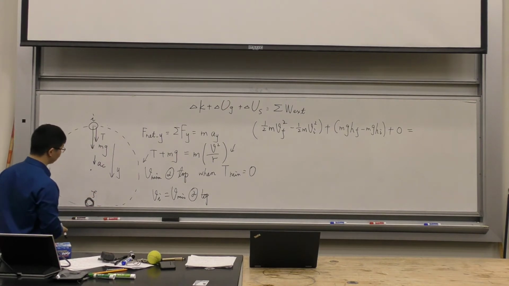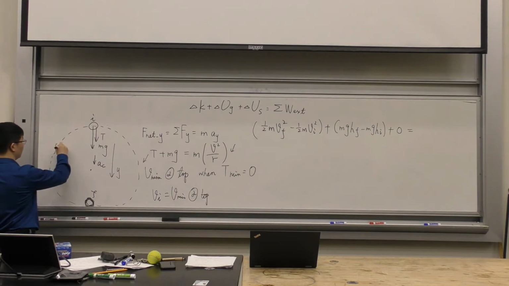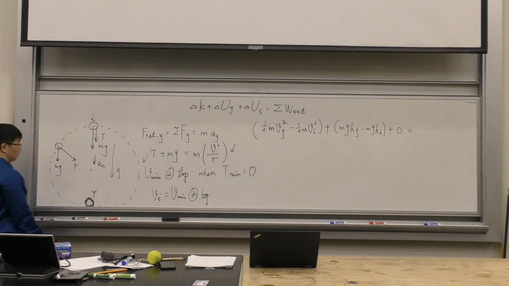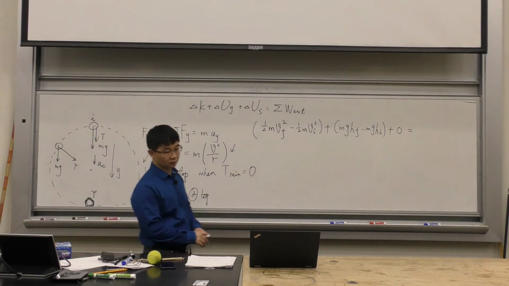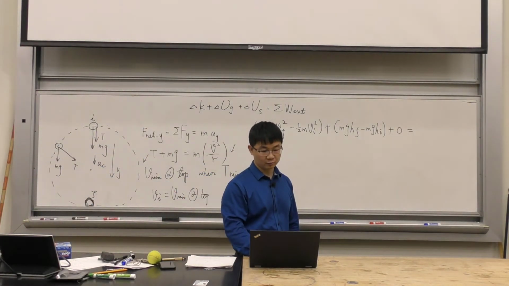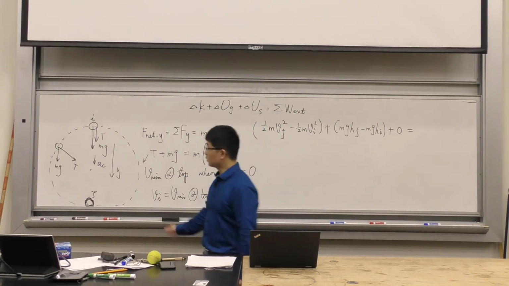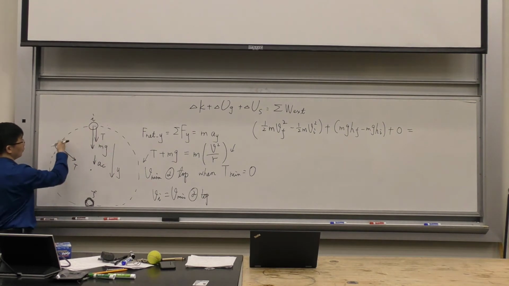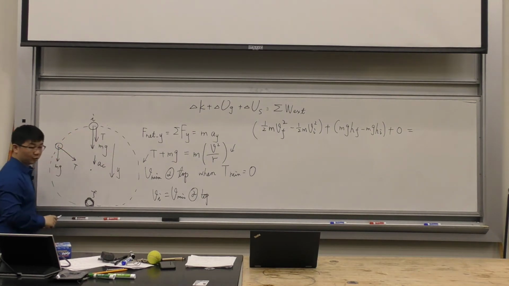And the tension is very tricky, right? Because the tension actually changes direction. If you draw the free body diagram at this point, gravity is still down with the same value, but tension is going to be in that direction. So at every point, the tension changes direction and magnitude. You can't even predict the magnitude. So it looks very complicated, but remember, we did a question similar to the pendulum question. This is a special, well-designed question for this class, because at every point, the tension is always perpendicular to the